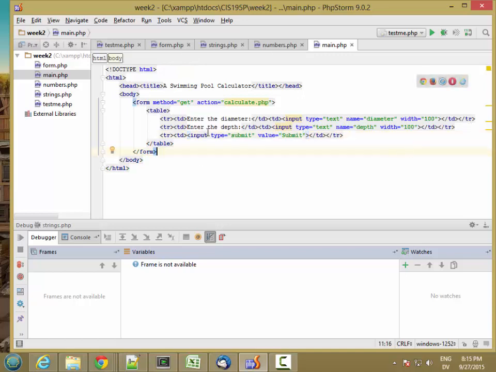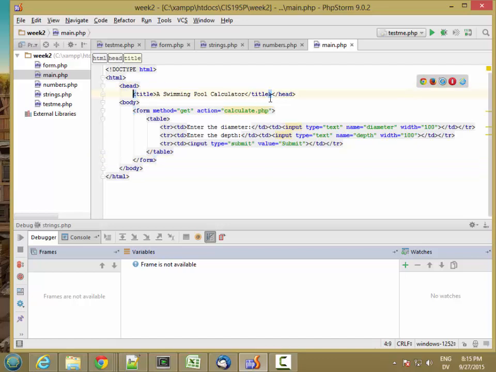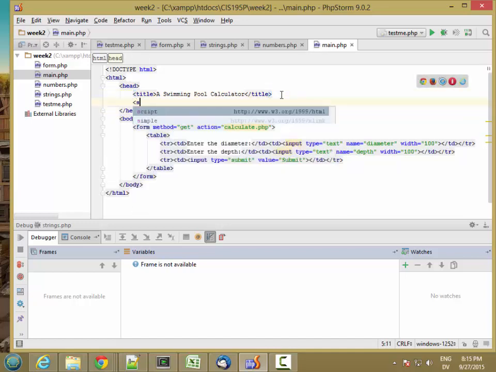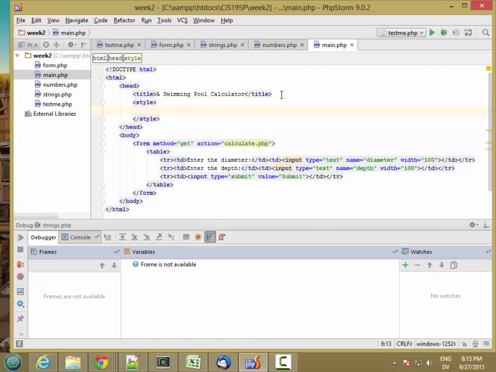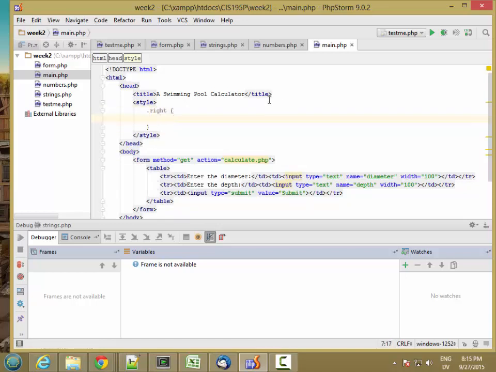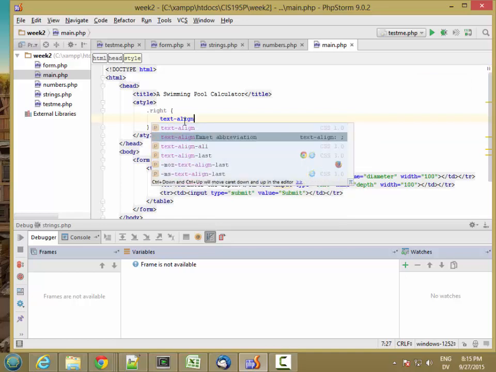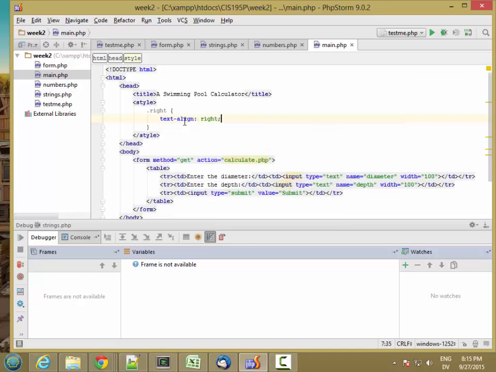Okay. And this time I'm going to go ahead and put some style properties in here. So I'm going to create a style sheet in the head of the document. This is optional. You don't have to do this part if you don't want to. I'm going to create a .write style, and this is a class. So any item in here that has a class equal to write is going to get this style. And I'm just going to do text-align: write;